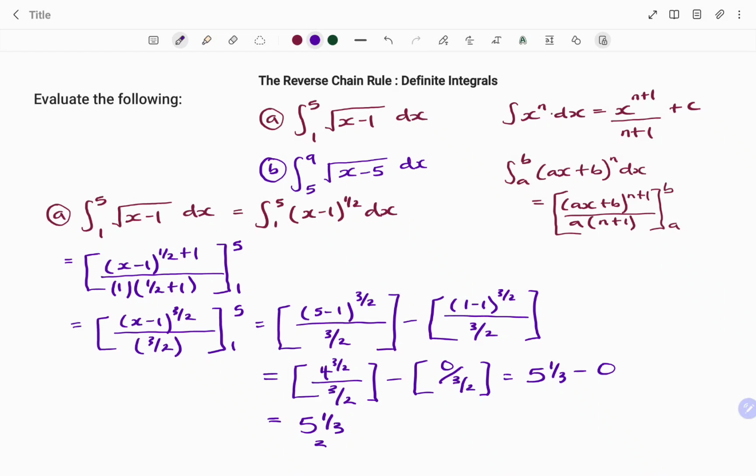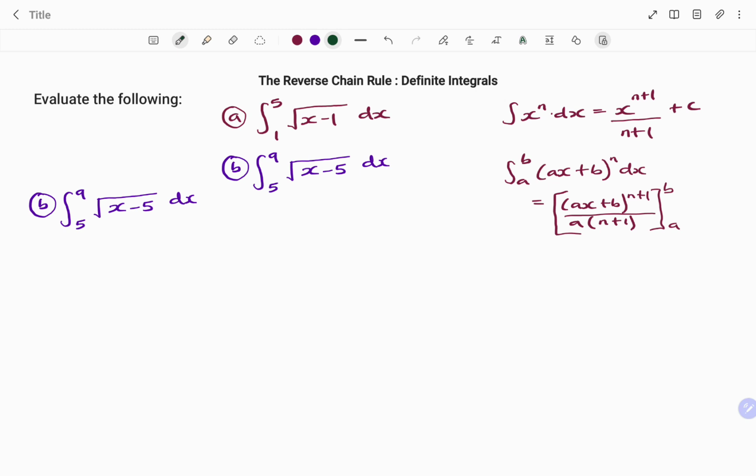Let's look at the second example. To find the integral with respect to x of square root of x minus 5 from 5 to 9. The first step, I'm going to rewrite in exponential form. So I have integral from 5 to 9 of x minus 5. I'm going to change the power to exponent, so that will be to the power of 1 over 2 with respect to x. The next step, I'm going to use the expansion shown as the reverse chain rule and that will be equal to,